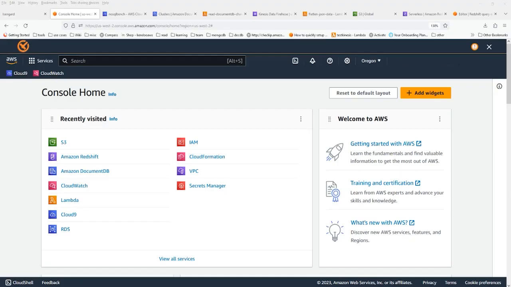So I hope it clarifies why we need that extra component here in this architecture as compared to OpenSearch. So this is my AWS console home. You can see all the recently visited services. So I've set this one up already before starting the demo, and I'm going to walk you through the different